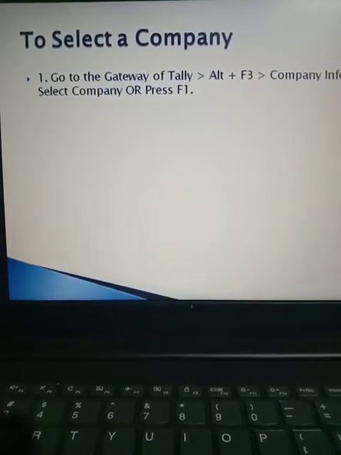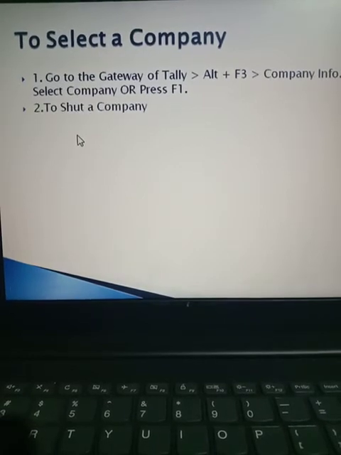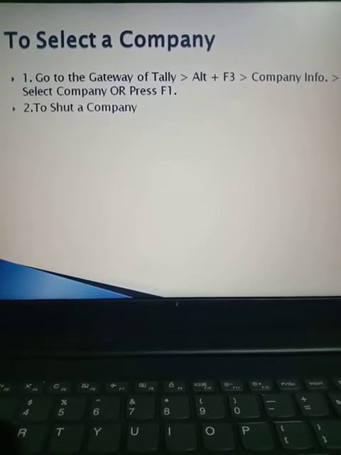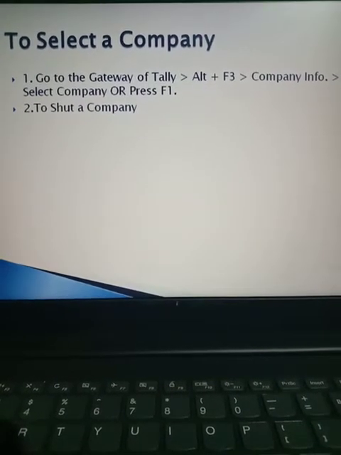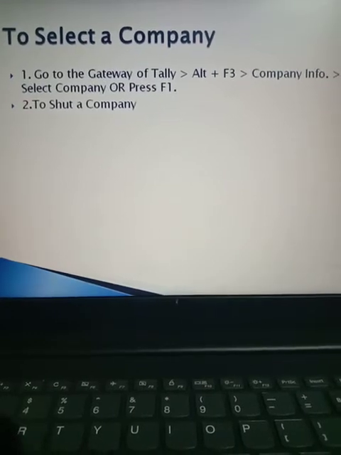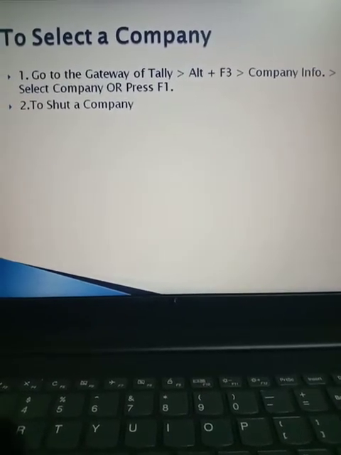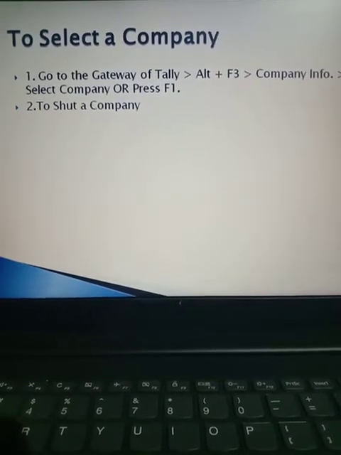Click on that, then click the Alter button, and it will show one more window. In that you go to the alter section and change whatever information you need to alter. After altering, the application will ask you whether to accept or not. If you click accept, the changes will be applied automatically, which means the company is altered.